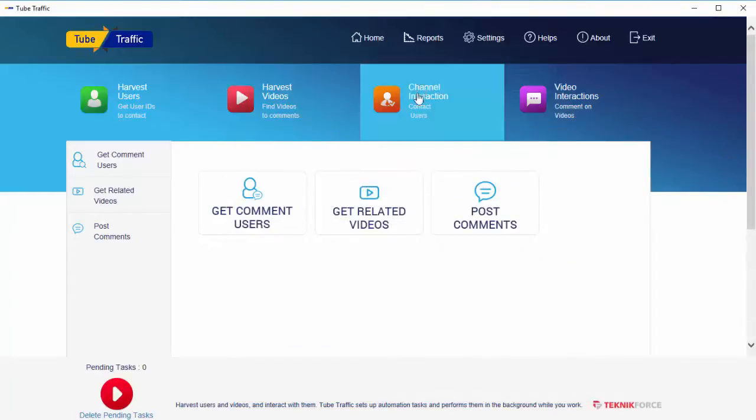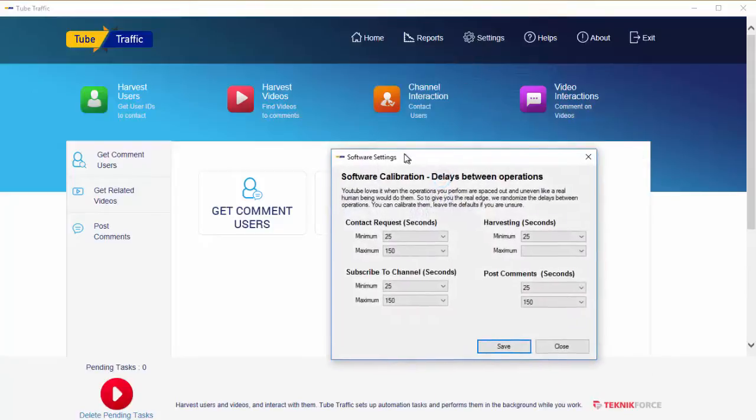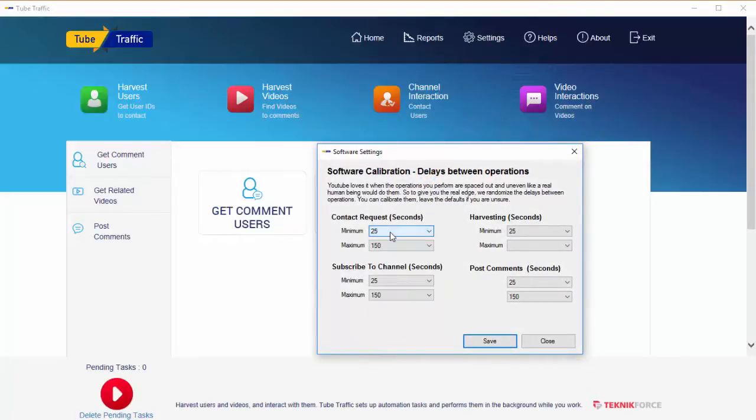And TubeTraffic is a very intelligent software. It lets you calibrate a lot of things. So you can actually select how many requests you want to send every minute, or how much gap you want between two subsequent requests. And TubeTraffic will randomize these request times. So it's not going to send, let's say, a request every 10 seconds. Instead, it will randomize the time gap in the interval that you select, and that will help you create a more organic sort of pattern, which will conform to the YouTube terms of service too, and that will help you get ranked and use this strategy in the longer term.